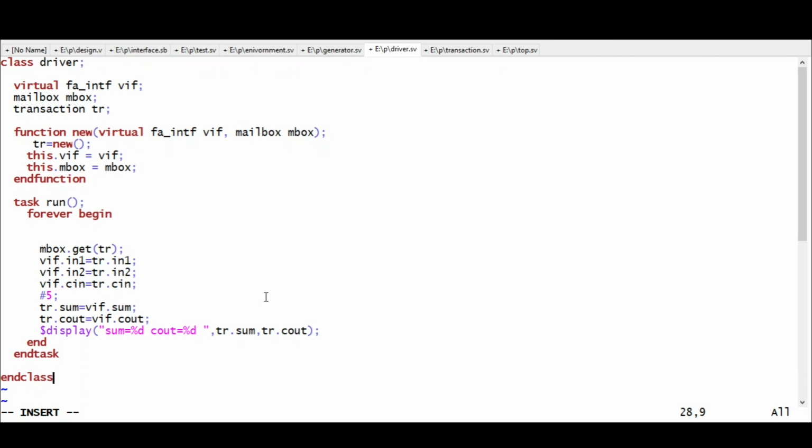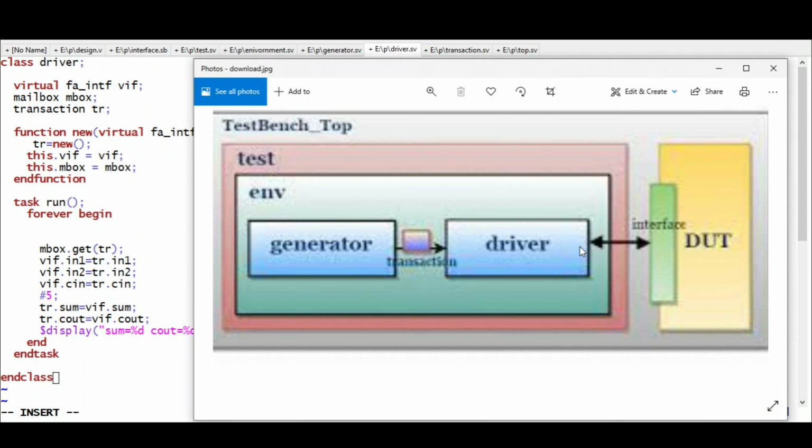Now in the driver class, if you see here, using this driver class we are going to drive our transaction to the DUT, with the help of an interface. But this interface is a static property. This interface is a static class, it's static in nature. So the interface we have defined is static in nature, but what we will do is we will